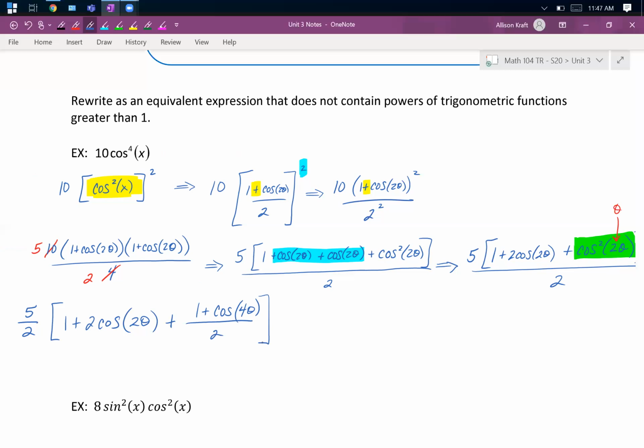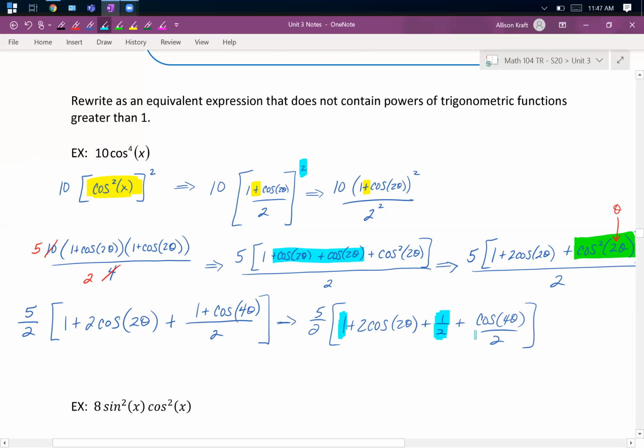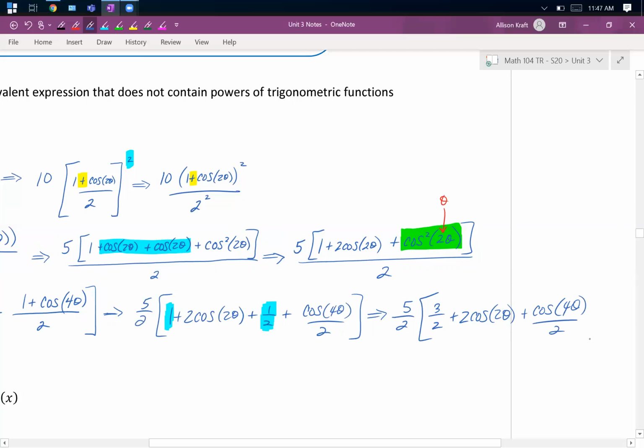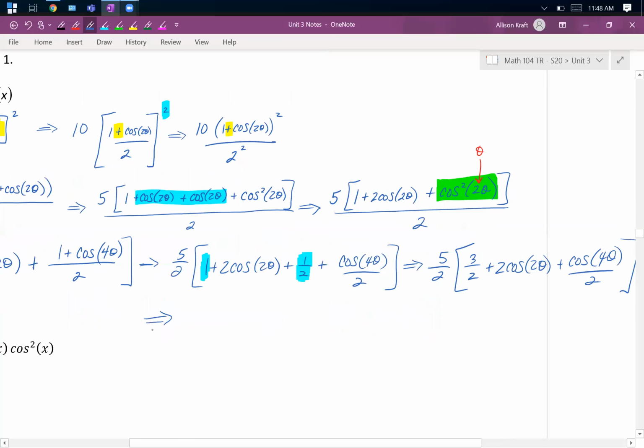And now we just want to simplify it as best we can. I think I'm going to break this fraction up into 2. 5 halves times the quantity, 1 plus 2 cosine 2 theta plus a half plus cosine 4 theta over 2. We've got some like terms here that we can combine. That's 5 halves times 3 halves plus 2 cosine 2 theta plus cosine 4 theta over 2. And then last but not least, we want to distribute the 5 halves in. Going to give us a grand final answer of